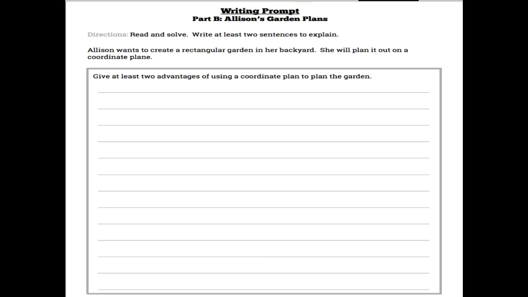And here's another writing prompt. Allison's garden plants. Read and solve. Again, write at least 2 sentences to explain. Allison wants to create a rectangular garden in her backyard. She will plan it out on a coordinate plane. Remember, a coordinate plane